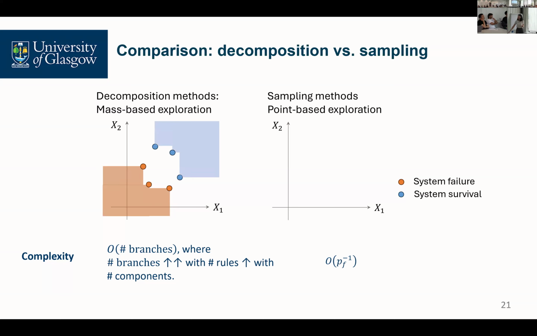And as we continue this process, we continue to identify more domains until we identify enough domains. On the other hand, in sampling cases, because these are point-based explorations, even if we know about this state, we need to further generate samples in the domains that we could infer from the previous results. And so the complexity here, in the case of these decomposition methods, is linear in the number of branches,